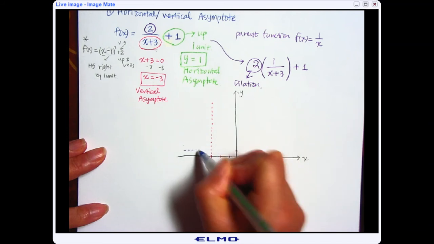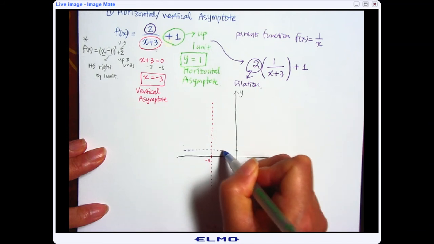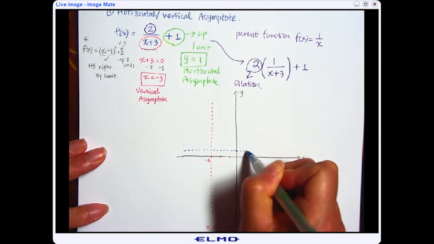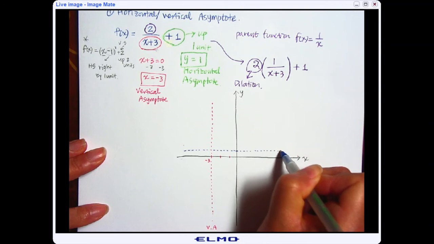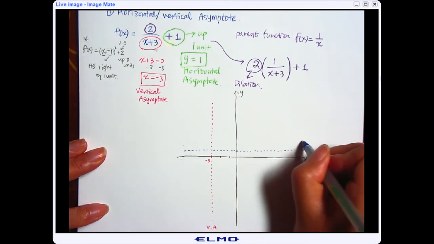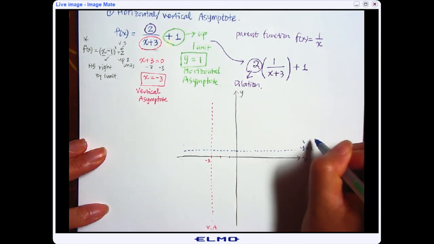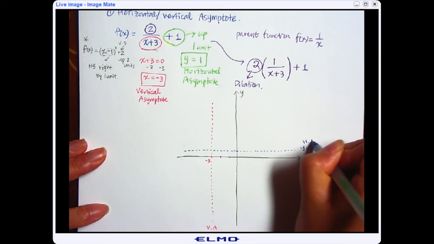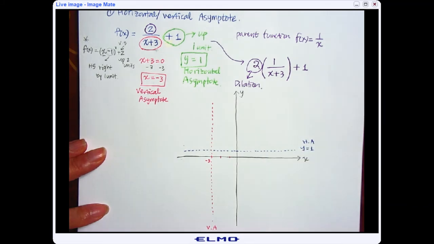Now I have an imaginary horizontal line passing through y equals 1. Y equals 1, and this is my horizontal asymptote. Okay, then